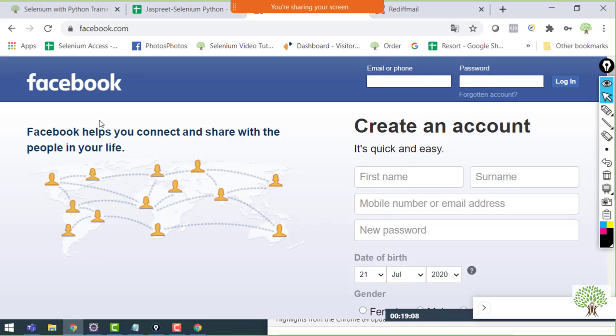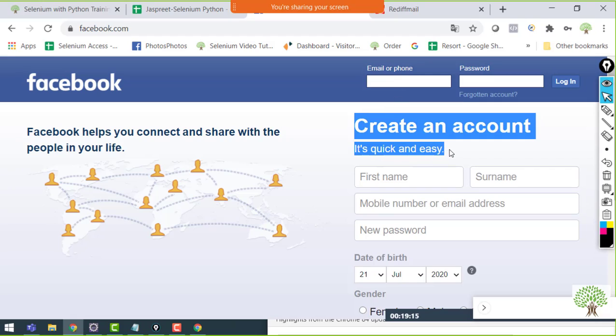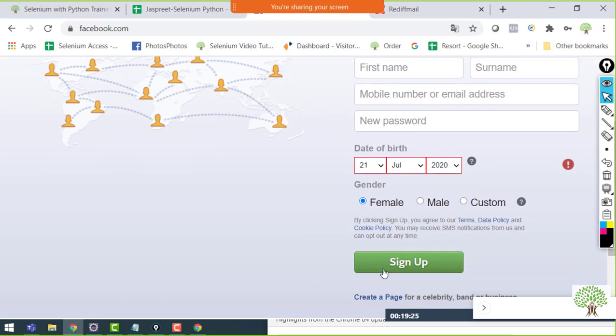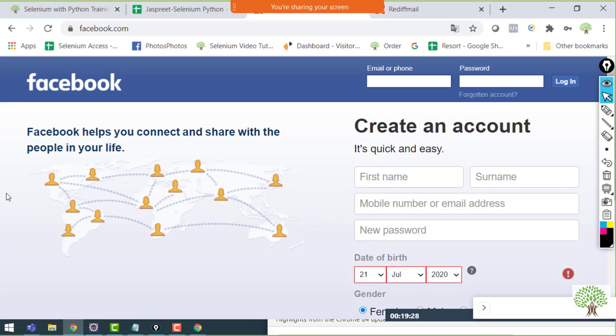The reason is because over here you get the text box as well. The static text which is already inside the page source, you will find inside the tags. I'll show you how. Then you get a drop down over here. This is a drop down. Radio buttons, a sign up button and an image are also here along with the link. Just one thing is not on this page, that is the checkbox. For the checkbox we'll take another example.